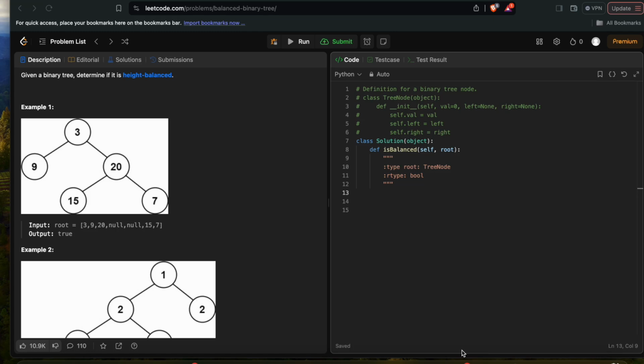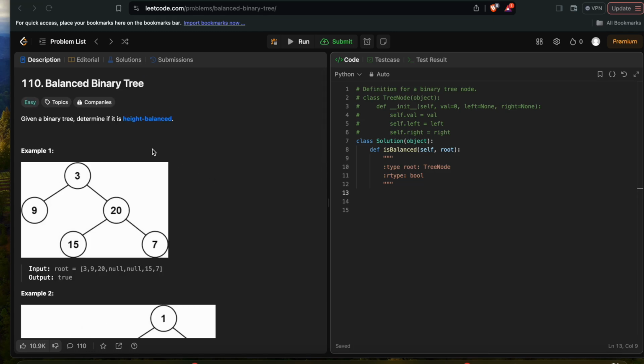In the following Leetcode problem, you're given a binary tree and you have to determine if it is height balanced or not. What is the height balanced binary tree? You can find out in my previous video. But shortly speaking, it is a tree where the height of the left subtree is not more than 1 with